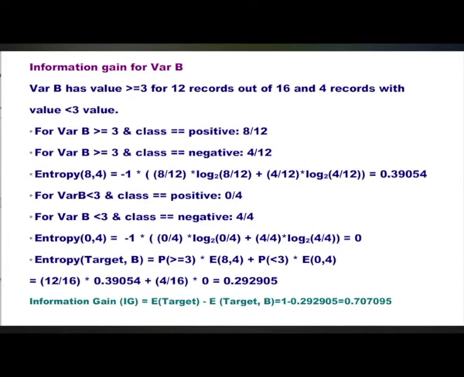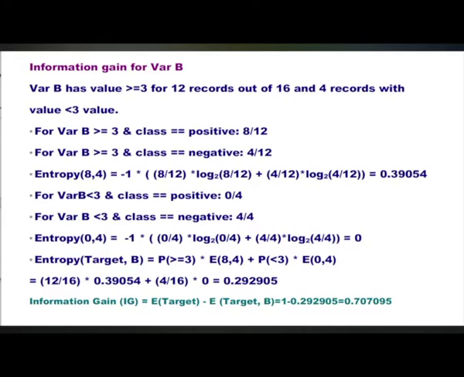Therefore, the entropy(0, 4) is equal to minus 0 by 4 into log 0 by 4 to the base 2 plus 4 by 4 into log 4 by 4 to the base 2, which is equal to 0. Therefore, entropy target B is equal to probability greater than or equal to 3 into entropy(8, 4) plus